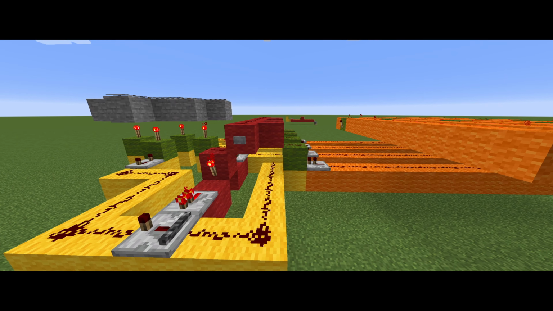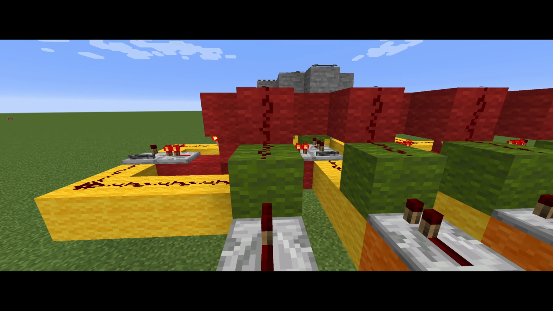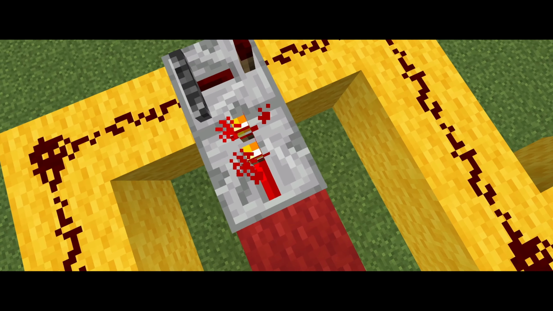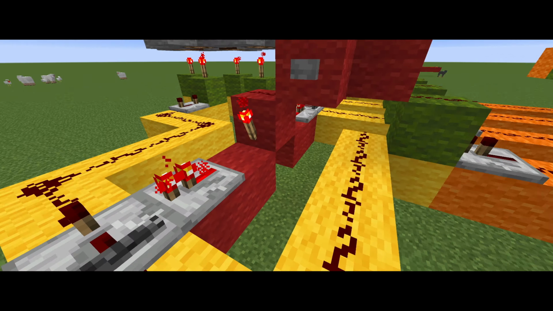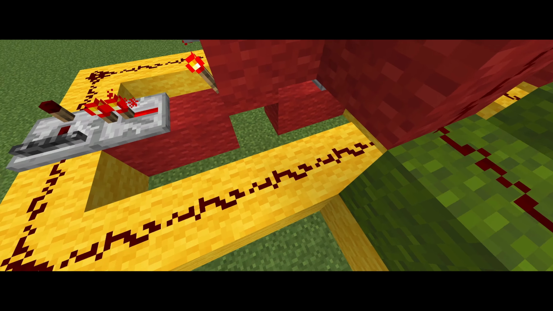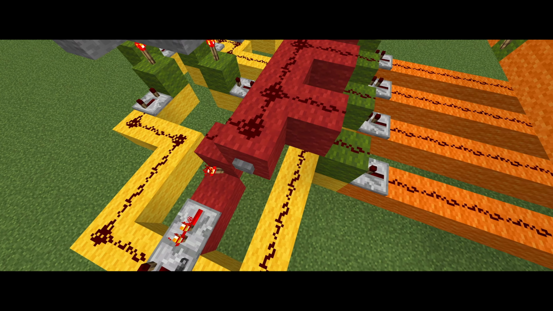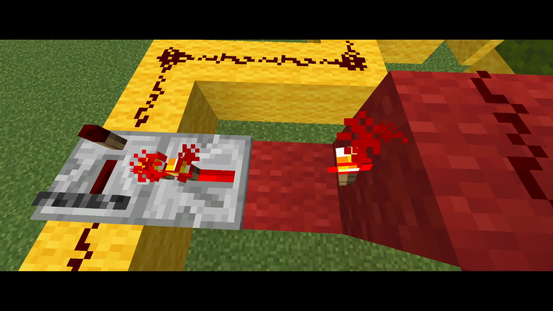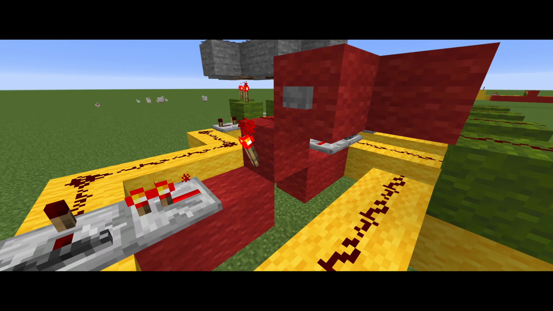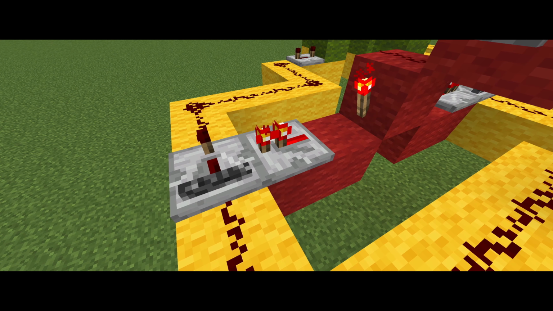Now what happens when we send an input signal here, let's say to this one, activates this green block, and then it temporarily releases the lock on this one. Now, what happens also at the same time is the signal gets sent to this yellow wire here, which activates the repeater. Now you might notice that there is a little bit more of a delay on this side than on this side. So what happens is that first the signal gets sent here, and then while it's still on,